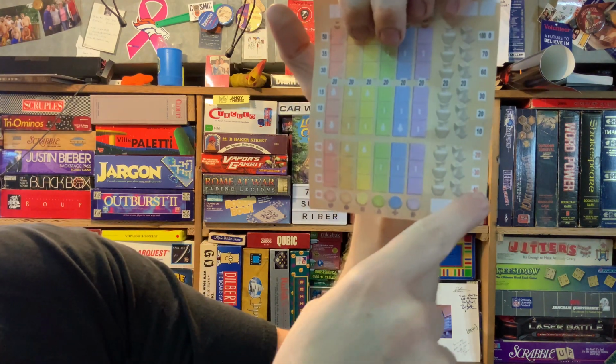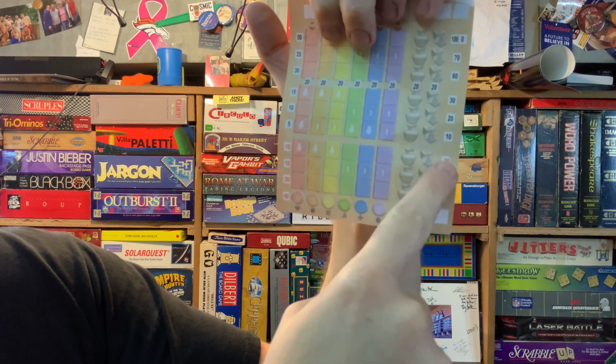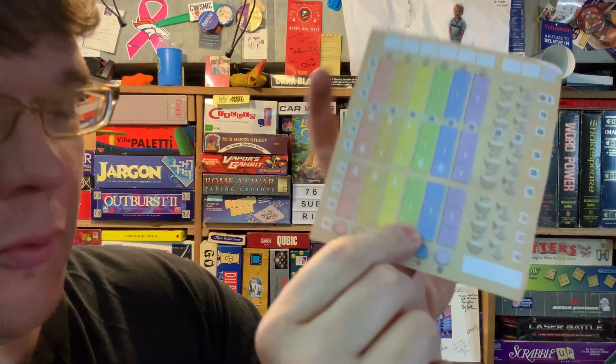But I was hoping they'd be able to do that, and they do in a really interesting way because there's negative 40 on all this. So everything down here is going to score you points. This is negative 40, negative 30, negative 20, negative 20, negative 15, negative 10. And if you really get hosed,